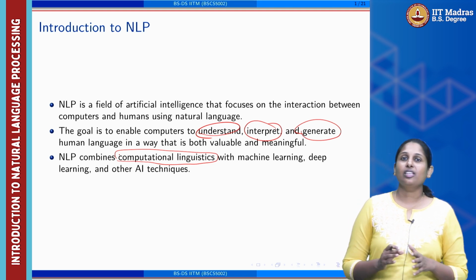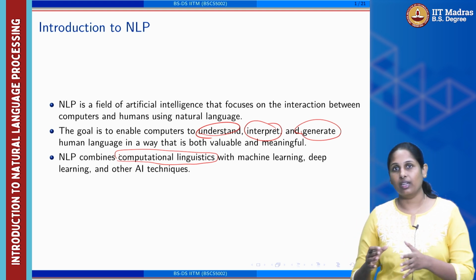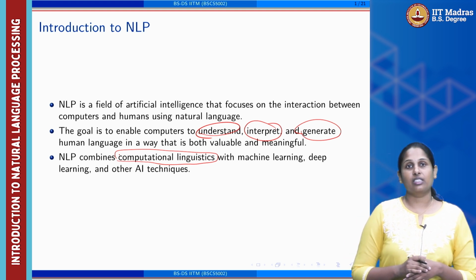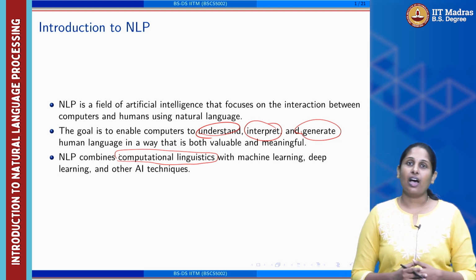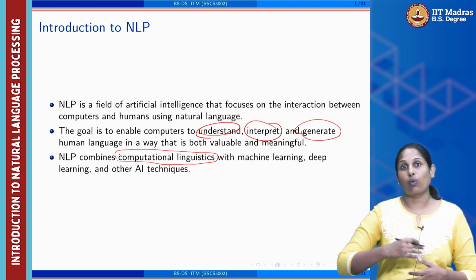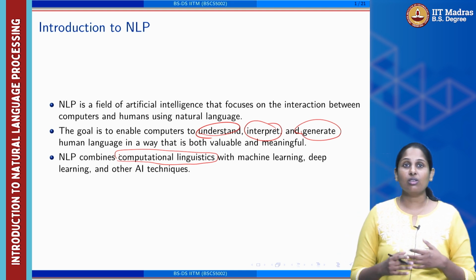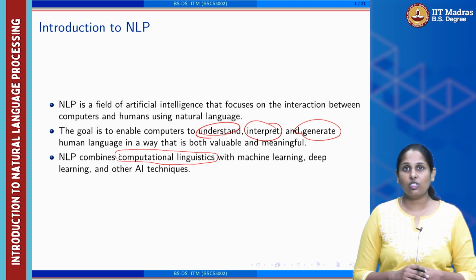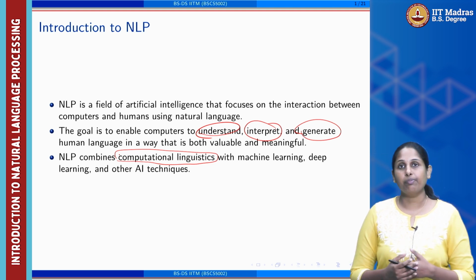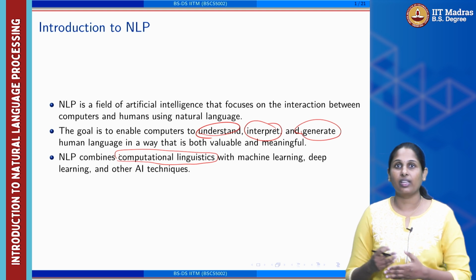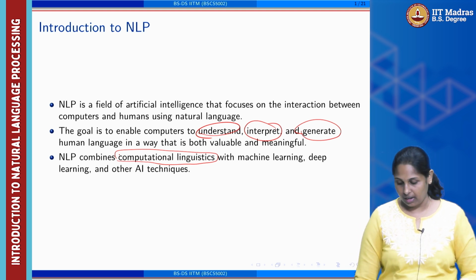Now, before getting deeper into how the system does this, let's also understand how NLP research came into place and what kind of changes happened over a period of time. Because in NLP, I would say there are lots of ups and downs in this particular research. So understanding how and where it began helps us understand how it gradually increased in terms of fields as well as the goals of NLP.